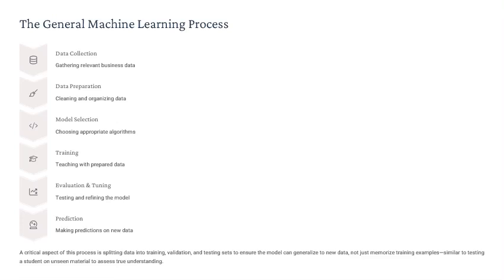So once your data is prepped and split, you move to model selection. Choosing your tool. You pick the right ML algorithm based on the specific problem you're trying to solve and the kind of data you have. Is it linear regression, a decision tree, something else entirely? Depends on the job. Then comes the actual training. You feed that prepared training data to your chosen model, and you let the algorithm learn the patterns, the relationships within that data. This is where it builds its understanding.